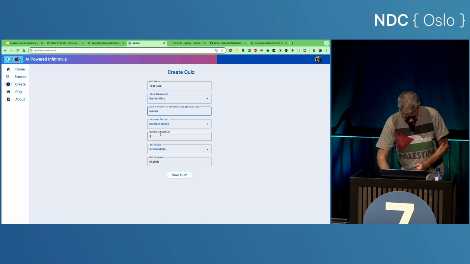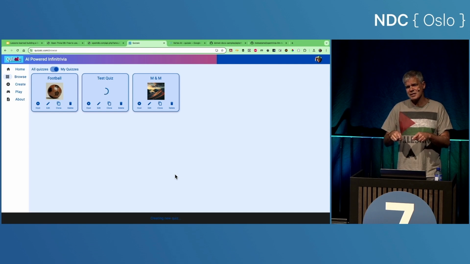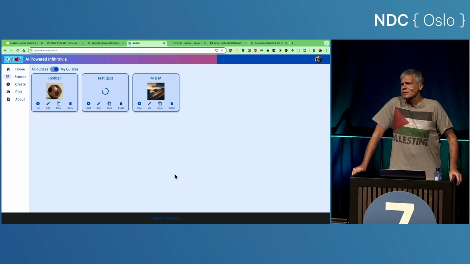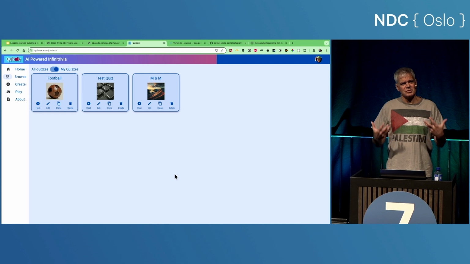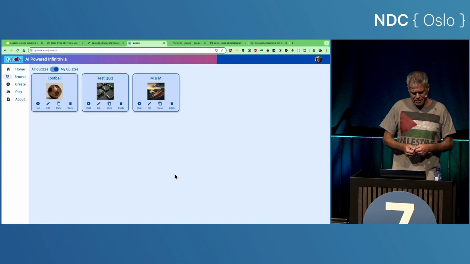I can select the difficulty level, the number of questions. Let's do 5 questions, and let's do it in English. I'll do another quick test in a minute where I'm going to do it in a different language. But for now, let's just do it in English. The first thing you'll notice is you get a placeholder for the quiz, and that's because these LLMs are slow. And you need to build something into your user interface to condition the user to understand you are working on it, and it's going to take a little bit of time.